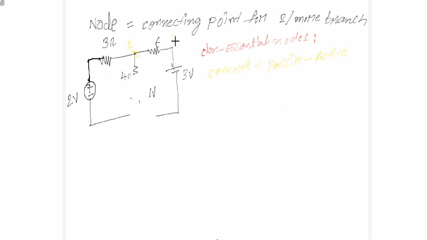And here also, for 3 also, the 3 volts is connected. What will be the voltage at this point? 3 volts only. So that's why we are not considering it. But what will be the voltage at this point? Can you tell directly by seeing the circuit? Can you tell what will be the voltage at this point?